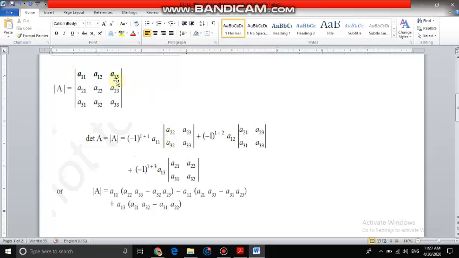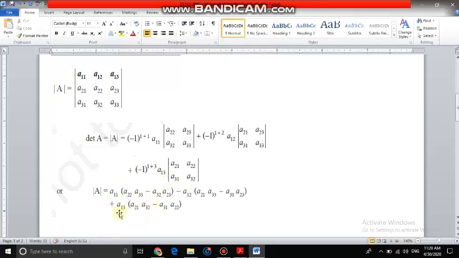Next one is the A13 number. So A13, that means first row and third column. If I exclude these 2, what are the other 4 numbers left out? So those 4 numbers will come in the determinant here. Okay. So why do we have to, instead of using this -1 to the power 1 plus 1 and all this every time, what you have to do is, if you are in the first row, the signs will come plus, minus, plus, alternating signs. Understand? Plus, minus, plus. So you can see here before A11 I have plus, before A12 I have minus, before A13 I have plus. So plus, minus, plus.